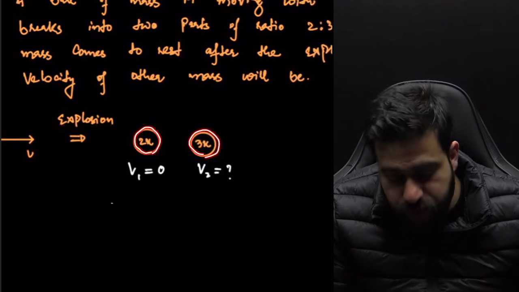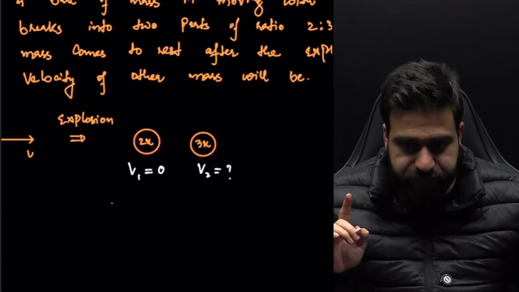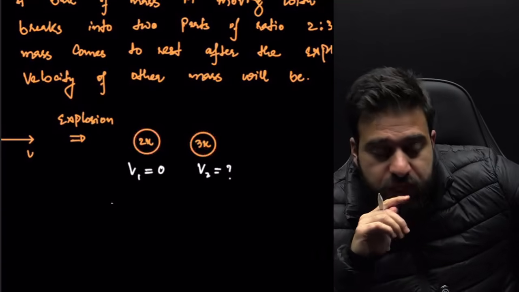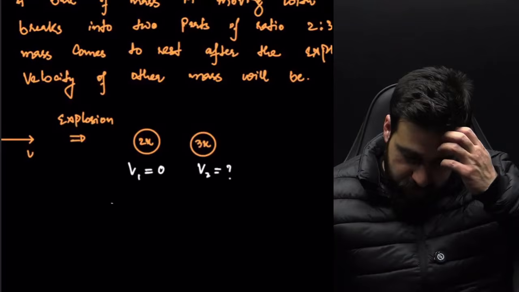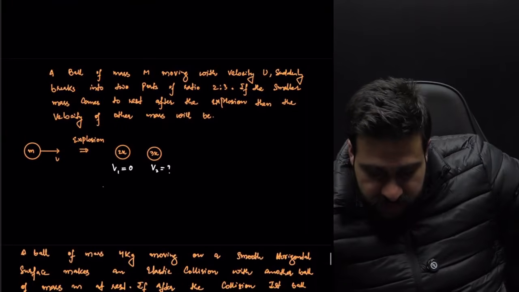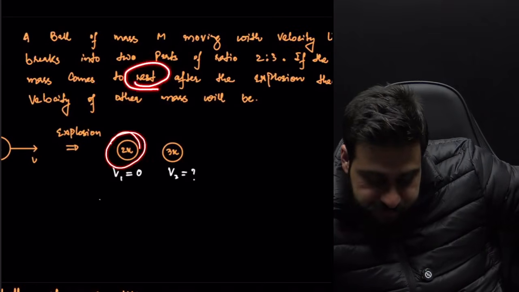2 is to 3 means 2x and 3x. It is not 2 and 3. Keep that thing in your mind. When ratio is given as 4 is to 5, it means 4x is to 5x. Okay. If the smaller mass comes to rest,